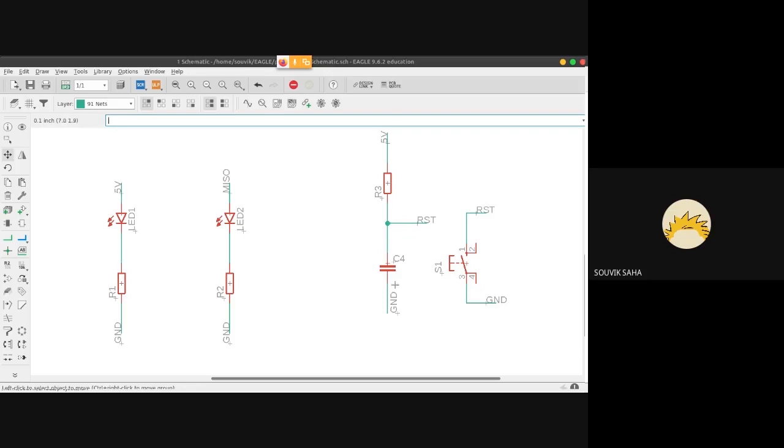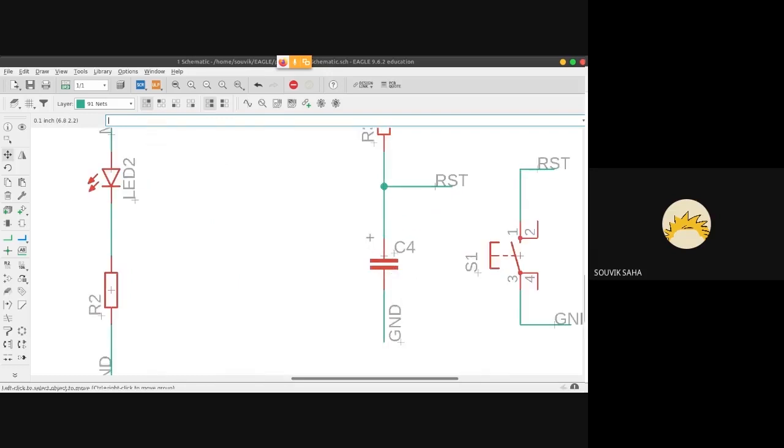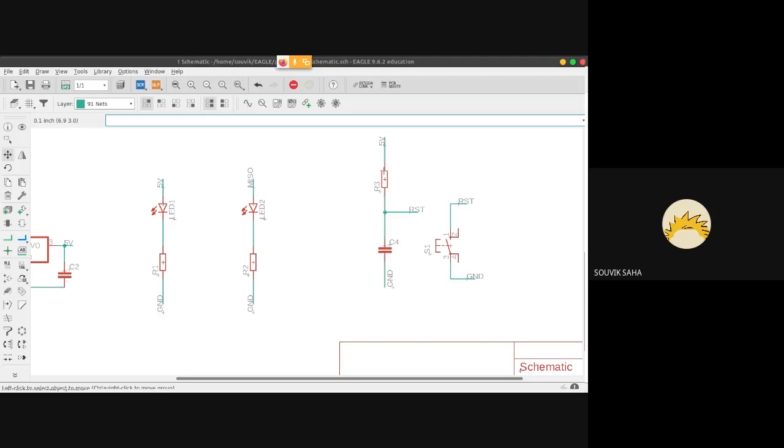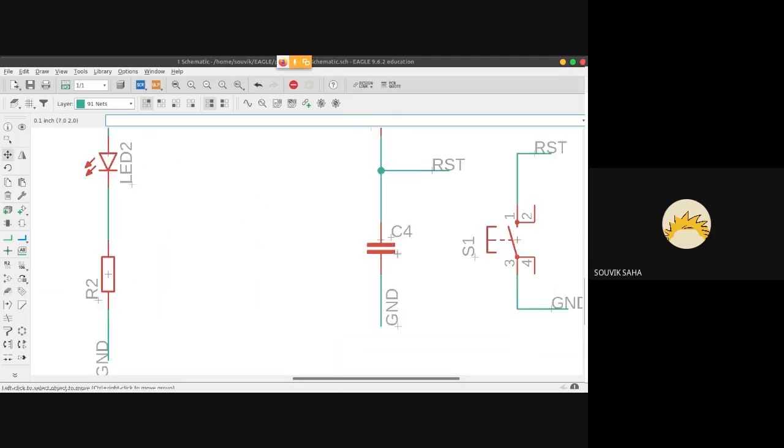One more thing about the capacitor value specifically here: you can't have a very high capacitor value, or else it will take a very long time to charge. For example, if the time constant here is 1 second to charge completely, that means you'll have to keep the button pressed for 1 second before this becomes an open circuit.